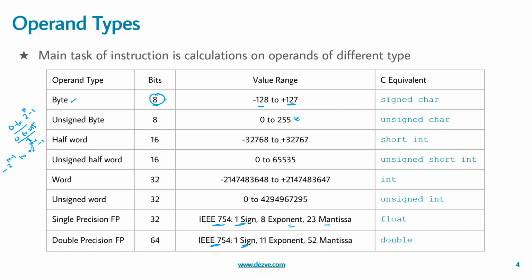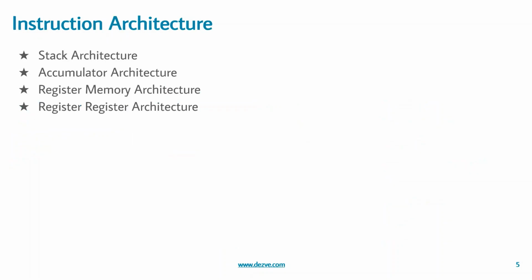Now we have seen what basic operations ISAs might provide, and the different types of data they operate on. Now the third part was, let us see how the CPU stores and manages the data. Depending on how the CPU stores and manages the data, the instruction architecture can vary. So these are the 4 most popular types of instruction architecture. There can be a stack based architecture, an accumulator based architecture, or a register memory or register architecture.